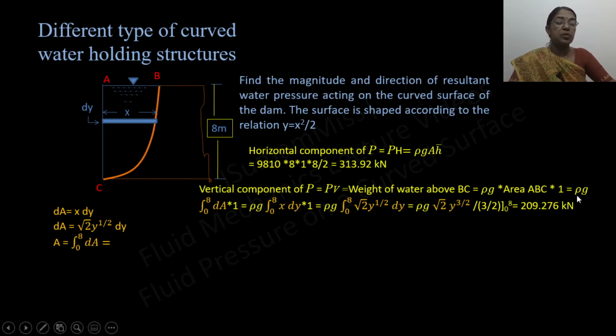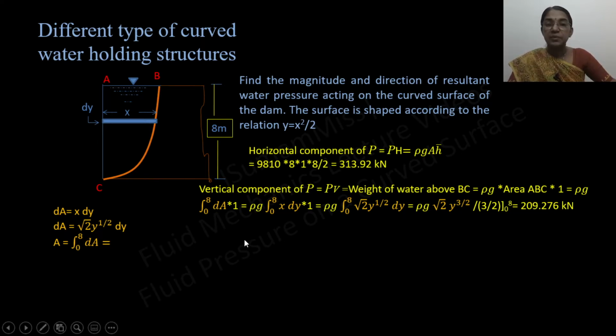So that is equal to rho g into the integral from 0 to 8 of dA into 1. So this stands for the volume of the water that is available, multiplied with the specific weight, which will give you the weight of the water that is acting over this curved surface BC. If you integrate this between the limits 0 to 8, the vertical component of P is obtained as 209.276